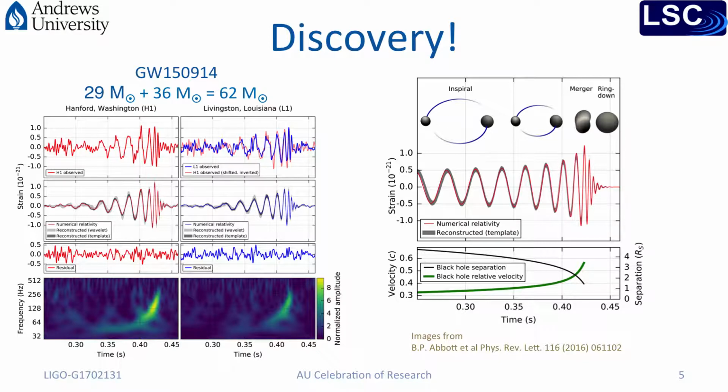Unfortunately, when this gravitational wave passed through the Earth, the LIGO detectors were online, but the Virgo detector was still undergoing upgrades, so it didn't measure it. This gravitational wave was given the name 150914. That refers to the date on which it was measured, the 14th of September in the year 2015. And in this plot here, you can see the actual data that was measured by the Hanford and the Livingston